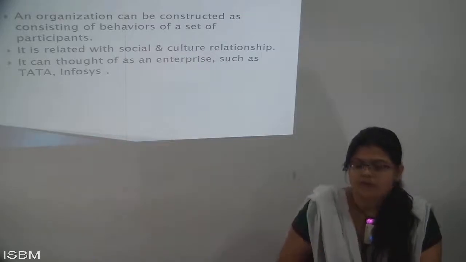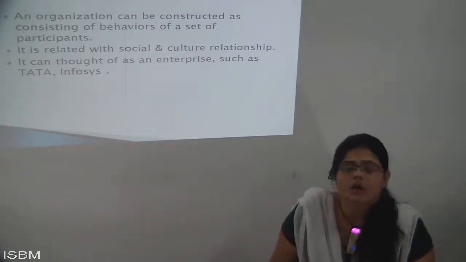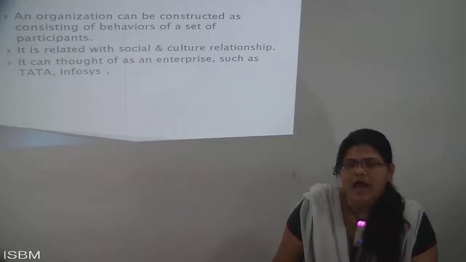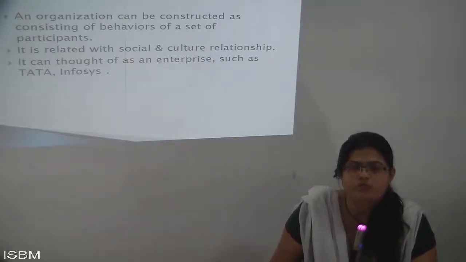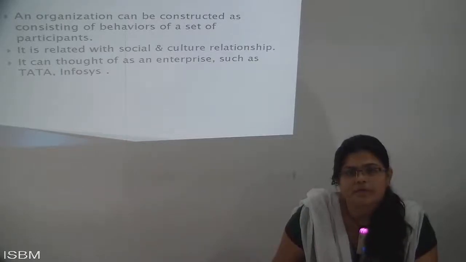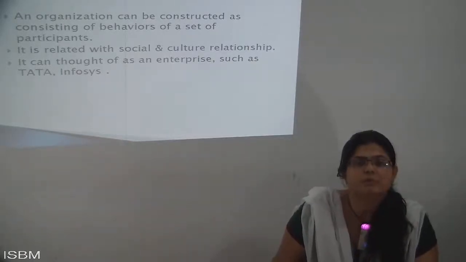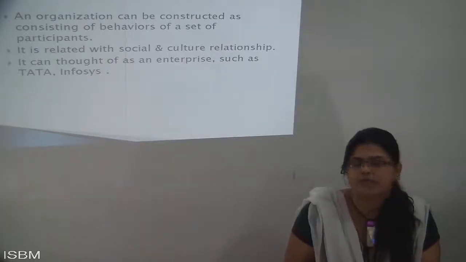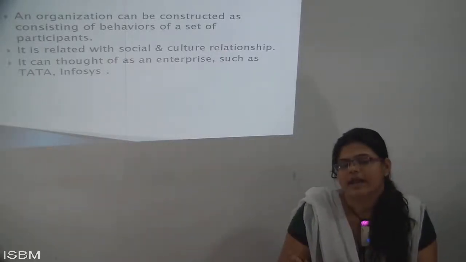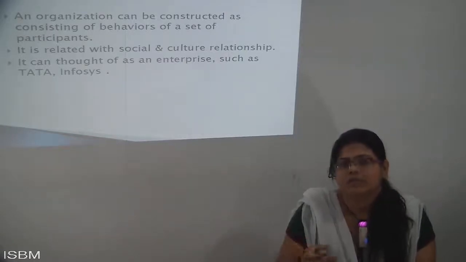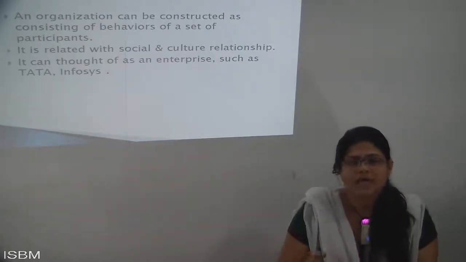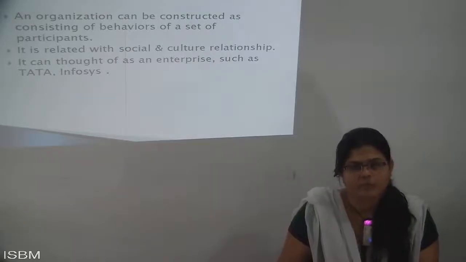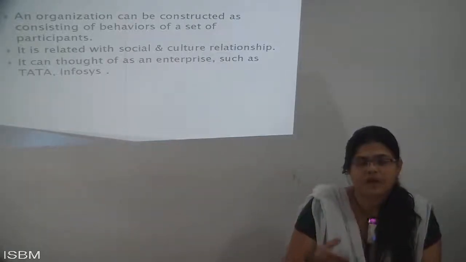So this thing happens. That is why a group of people come together, share, and constitute behavior. They have different types of behavior, and with the help of it each person participates. Now, from my concept and from your concept, you can say all people are not equal. Some people are right, some are wrong, and some people's thoughts are different. That is where bias occurs.